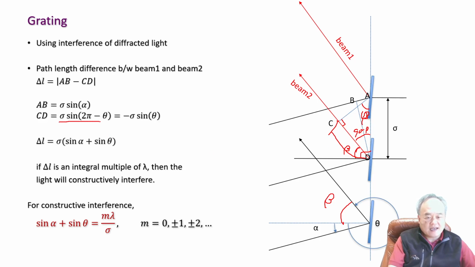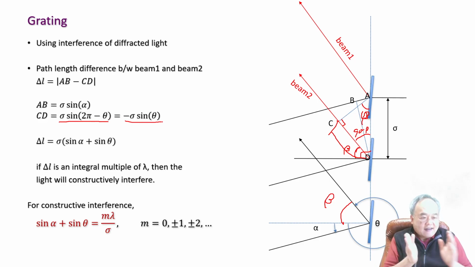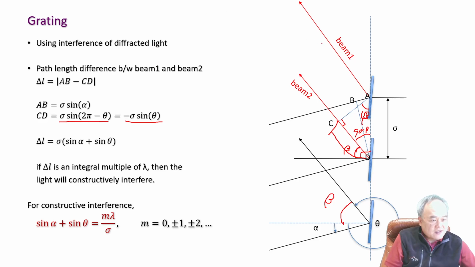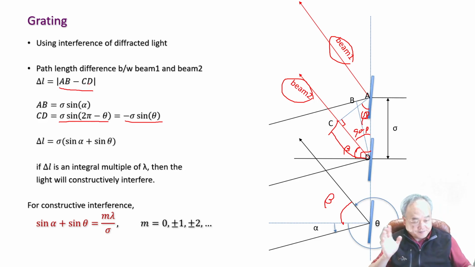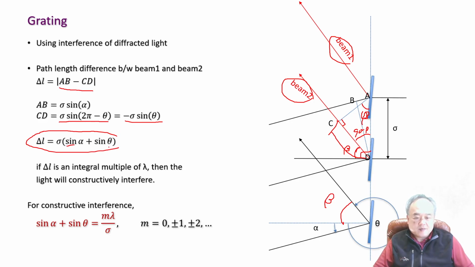The length CD is sigma sine of 2 pi minus theta, which is actually minus sigma sine theta. So the net path length difference between the reflected outgoing light of beam 1 and beam 2 is the path difference AB minus CD, taking the absolute value. This path length difference is basically sigma times sine alpha plus